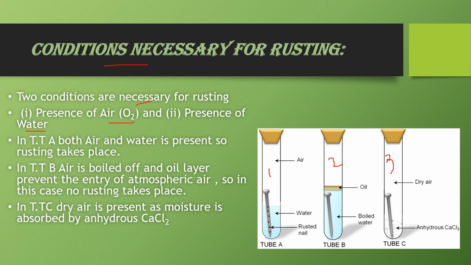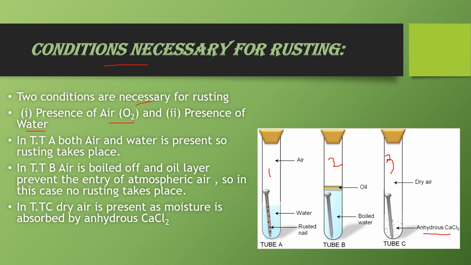In second test tube we take boiled water, that means all the air present in this water will be expelled after boiling, and then we put some oil layer over it so that no air will come in contact with the water. In third test tube we take only air, water is not there, and traces of moisture are present in it. To remove this we add anhydrous calcium chloride in it. The property of calcium chloride is that it absorbs the traces of moisture present in the air. So in this way we take the three test tubes and keep this arrangement for 4-5 days.